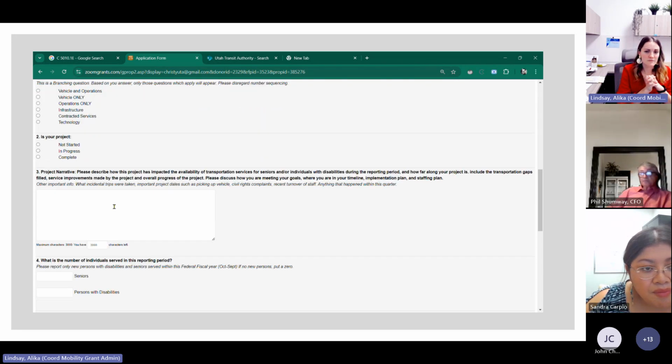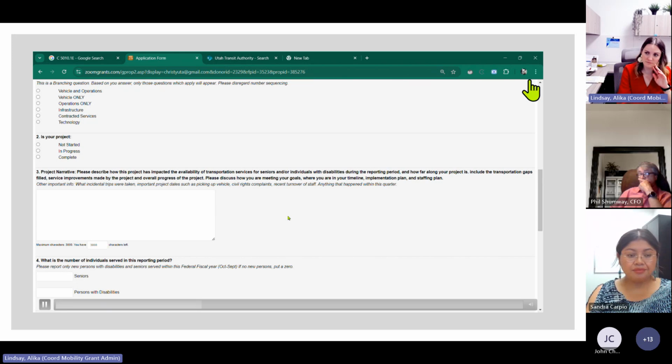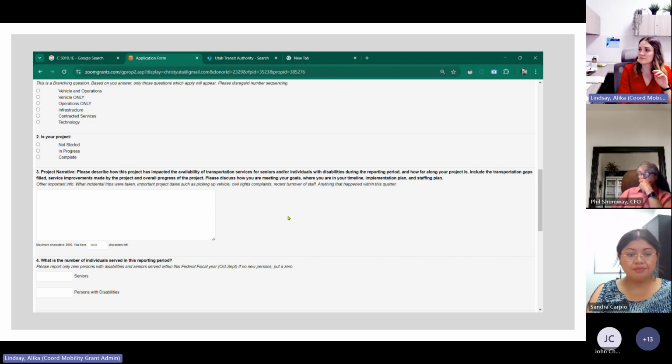In your narrative, please describe how this project has impacted availability of transportation services in your area and how far along your project is. Please include any goals or milestones you have in your grant agreement scope of work or in your application. We try to build your grant agreement scope of work around the milestones and goals from your application. And then we also try to give you the milestones that FTA has so that you can address those